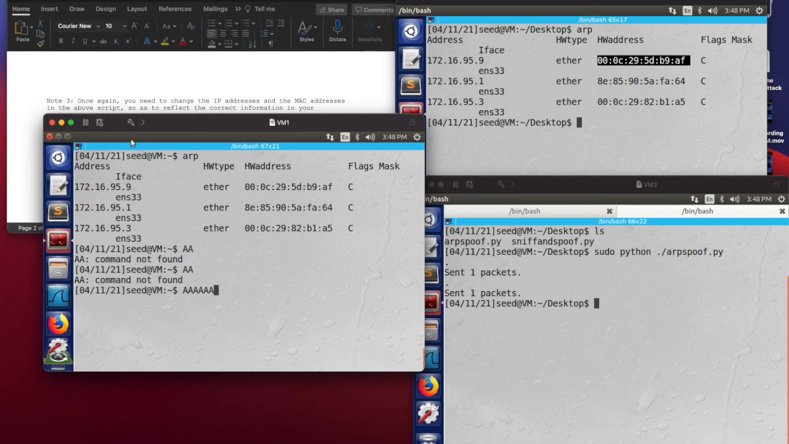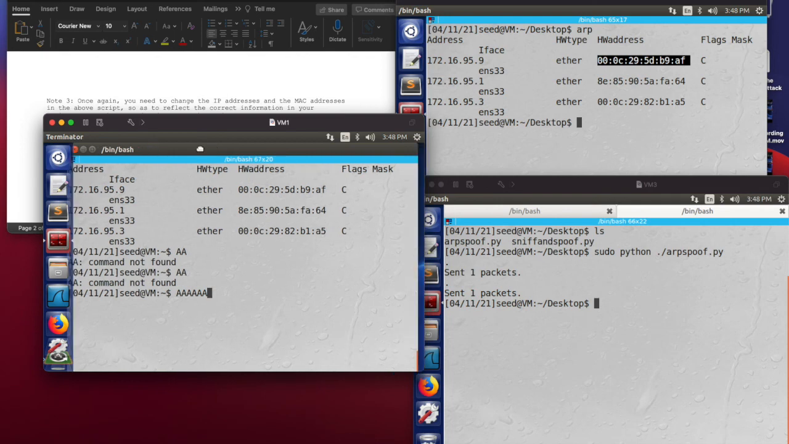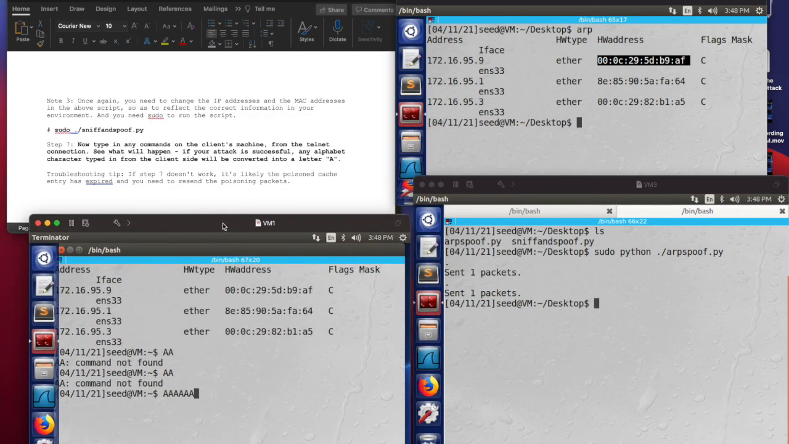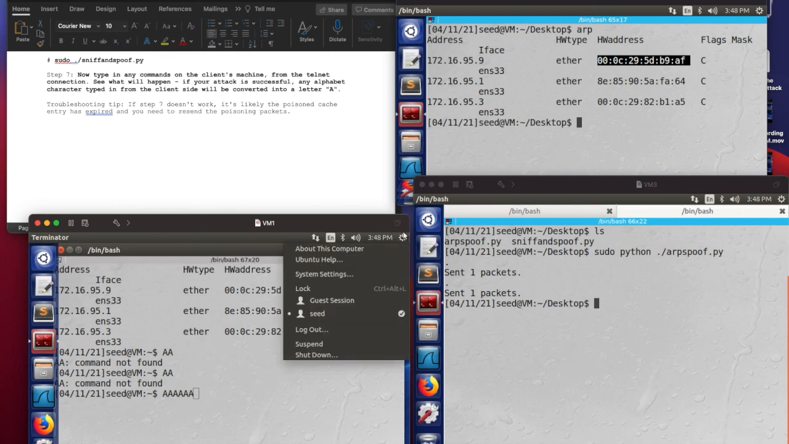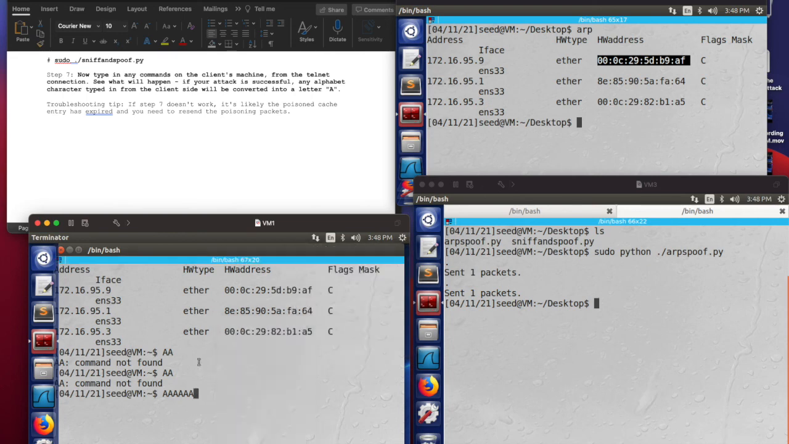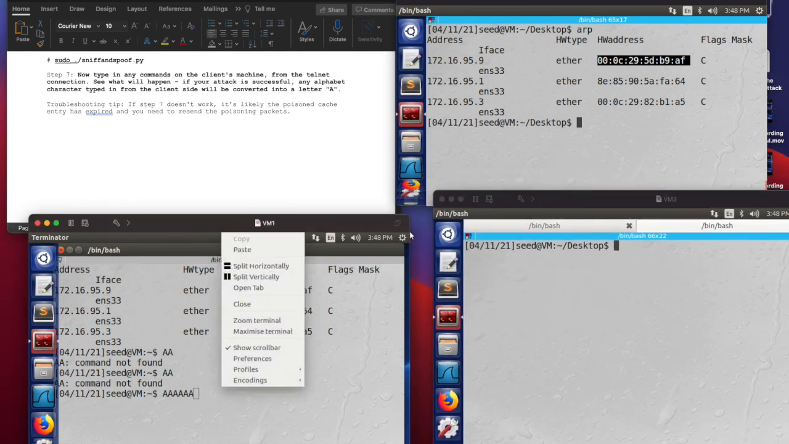Looks like my system is kind of crashing here. So what might have happened was the ARP cache would have expired, so it had reset back. So that's why I had to go back and rerun the other script. Did not run in the first instance. So it looks like I crashed it, but anyways,